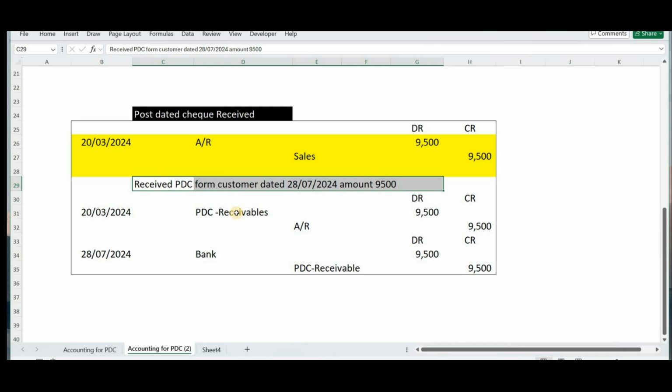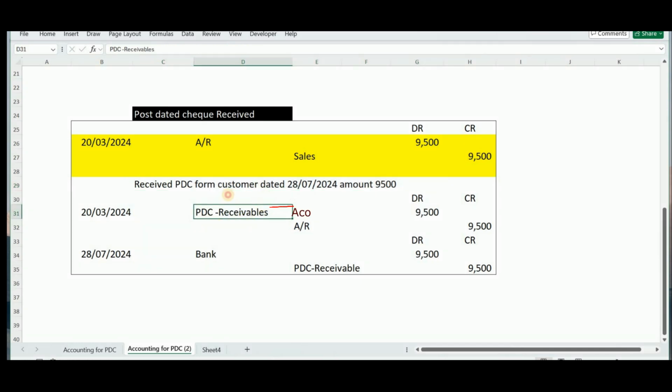Now what you are going to do is that you will debit your account PDC receivable and credit your account receivable. So what you are doing here is that you are just categorizing your account receivable with PDC receivable. You are saying that these account receivables have PDCs.